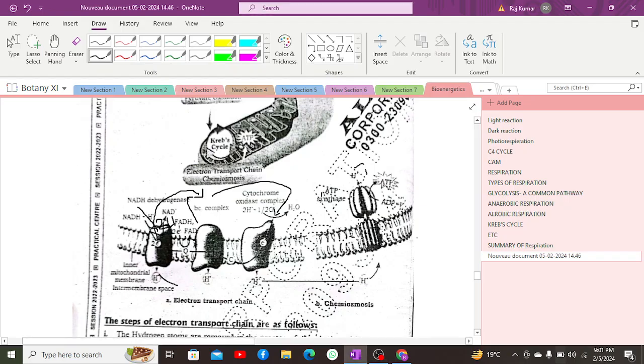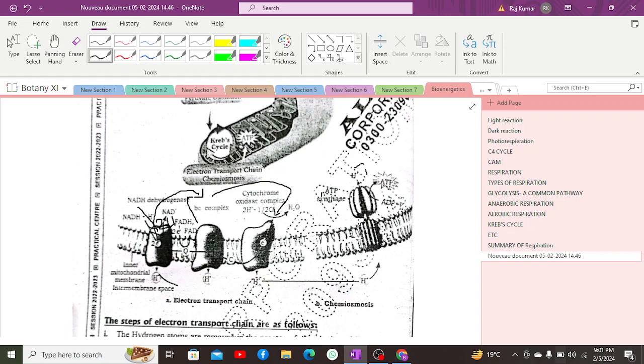As a result, as you can see, we are having a pumping of protons. Pumping of protons occurs in complex number 1, 3, and 4, but not in complex number 2, because complex number 2 doesn't have sufficient energy to pump protons. As a result, due to no sufficient energy, FADH dehydrogenase complex does not pump protons. And when it comes to movement of electrons, movement of one electron will generate one proton from the